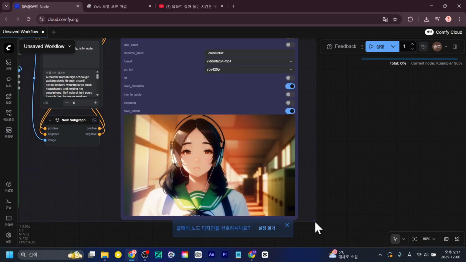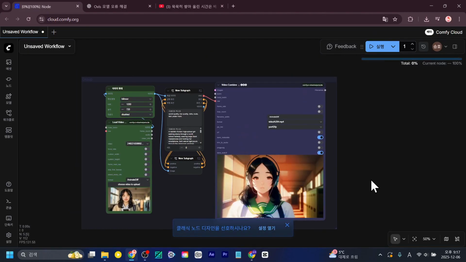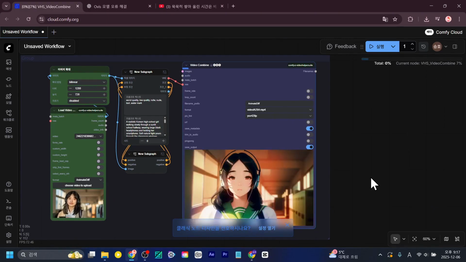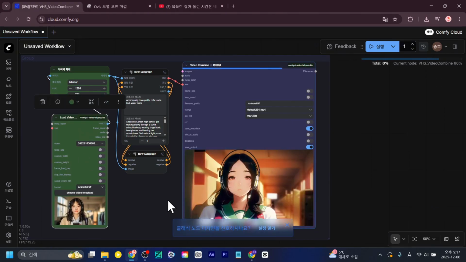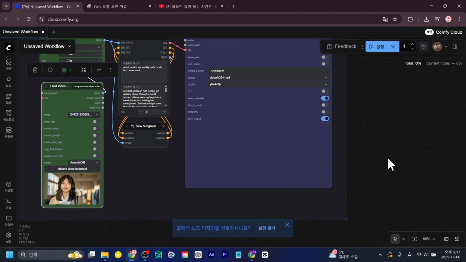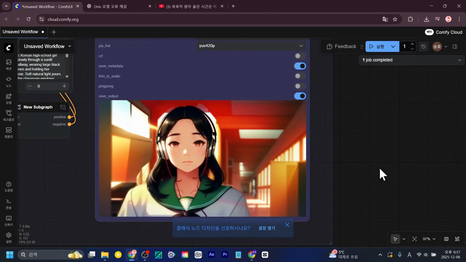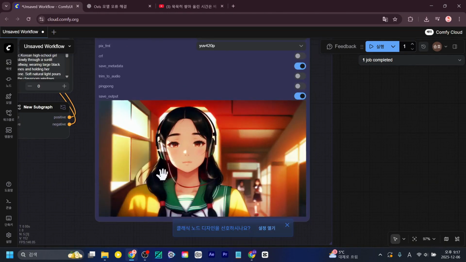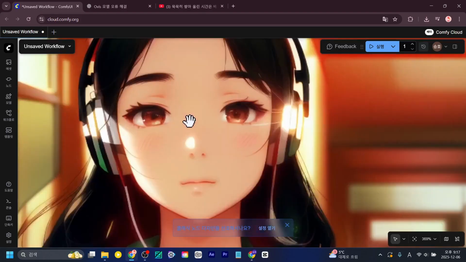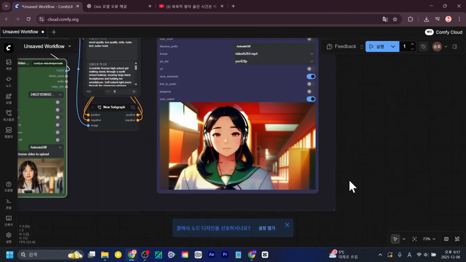The positive prompt and negative prompt are set up like this. Besides that, well, since there's nothing else to adjust, I think we can use it as is. I'll use the workflow like this, right? It's a bit clearer now, isn't it? The morphing also feels a bit sharper, right? Good. You can also see the person in the back like this.